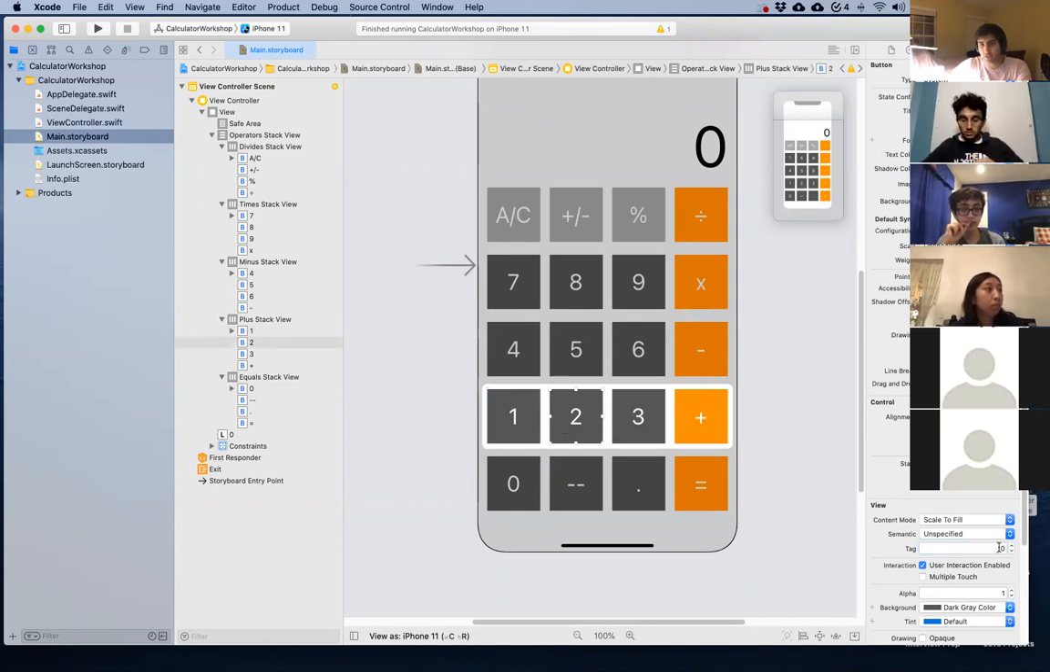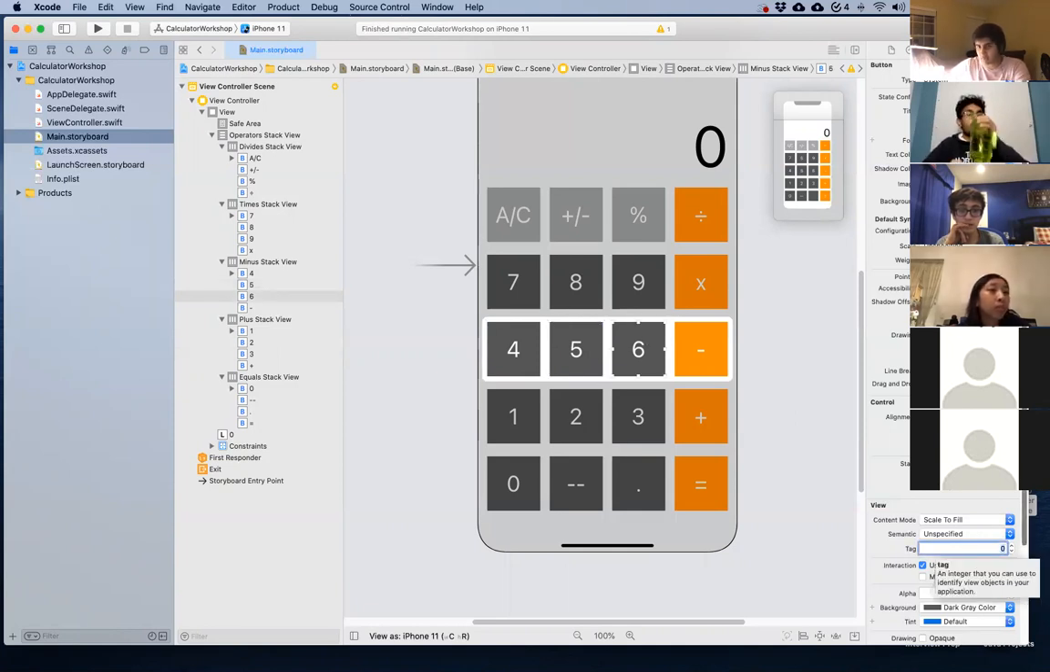Change this to 2. Change, don't double click, just click once. Change that to 3. So I'll be doing this for all of the buttons. 4, 5, 6, 7,